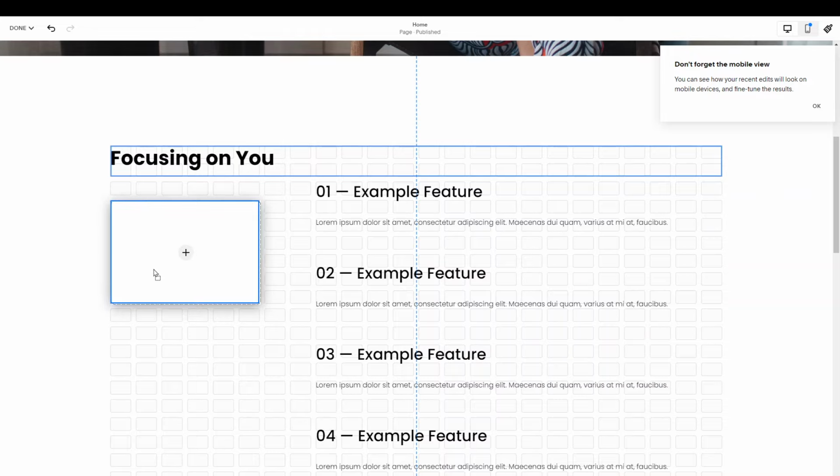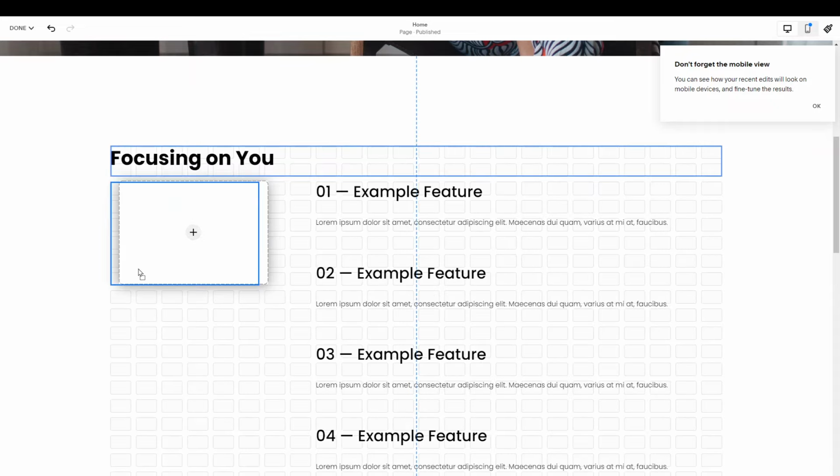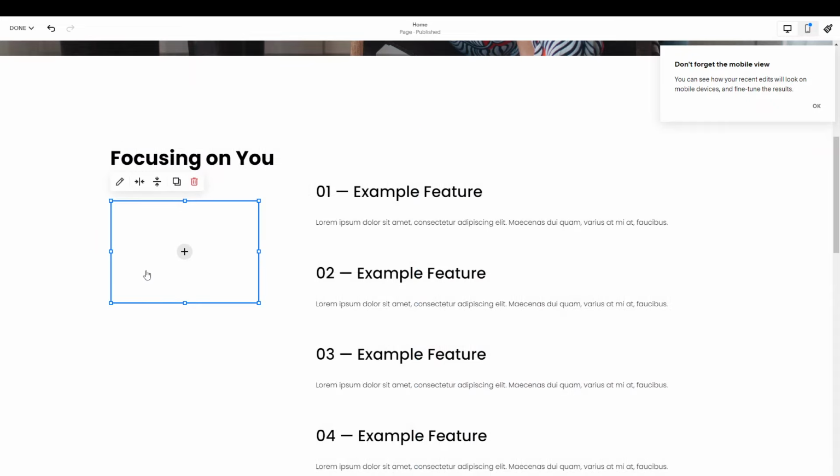So once the block has been added, you just click into the block, and then you can essentially drag it and move it around to wherever it is that you want. Now, depending on what block you've added, there's different editing options. So we've seen when we click into the text, for example, we can see the editing options for the text, which are things like editing the color, the text type, formatting